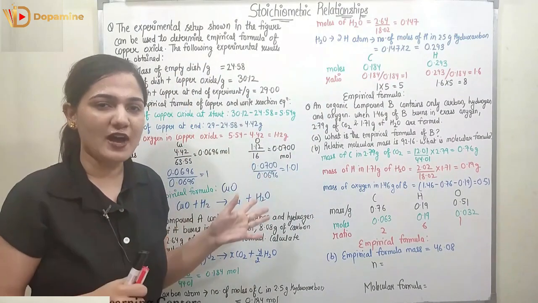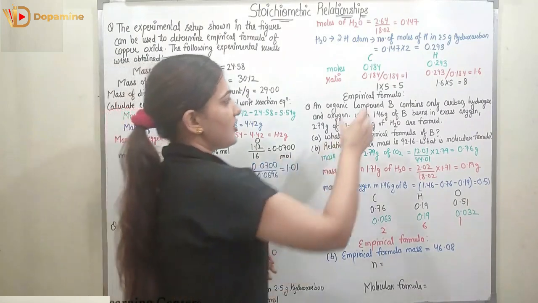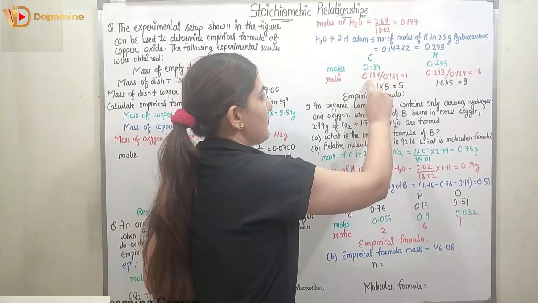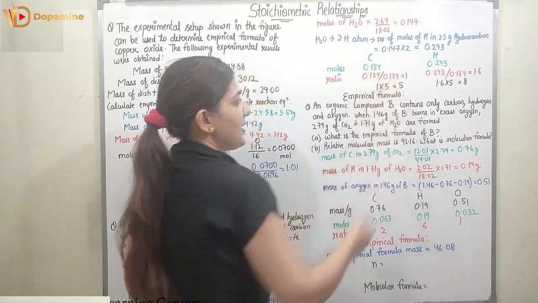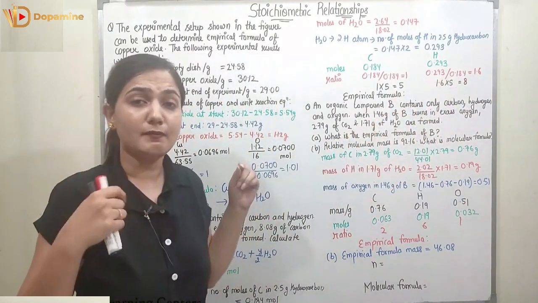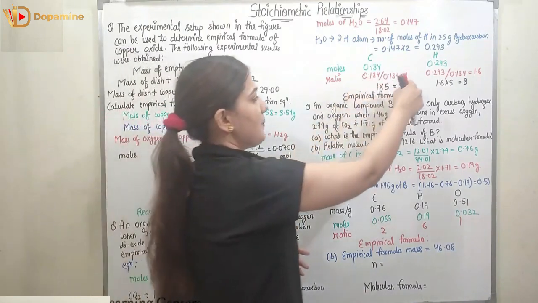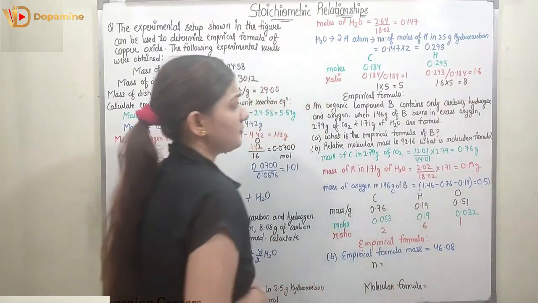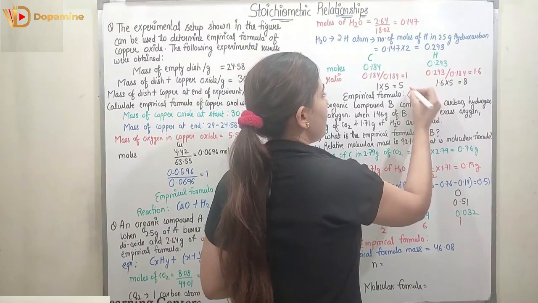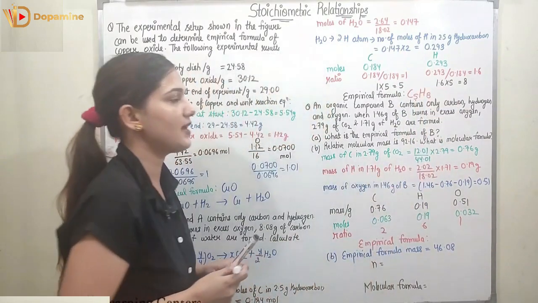So now we know the moles of carbon, we know the moles of hydrogen. We need to find out the empirical formula. For that we know the relation: we will be dividing the number of moles by the lower number. So this is the lower number, we will be dividing by it. 0.184 by 0.184 is 1, 0.293 upon 0.184 would be 1.6. But now these are not whole numbers, so we will be multiplying by 5. When multiplied with 5, I will be getting 5, and 1.6 when multiplied with 5, I will be getting 8. So what would be the empirical formula? With C, the subscript is 5, with H, the subscript is 8. So this is the empirical formula.